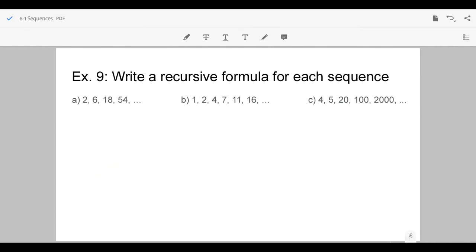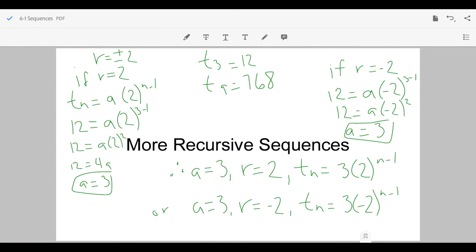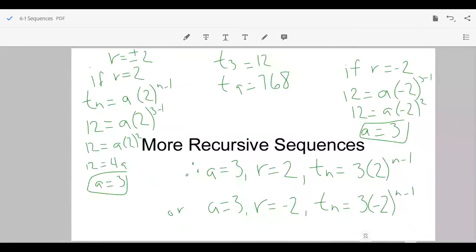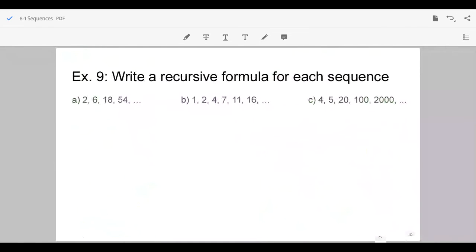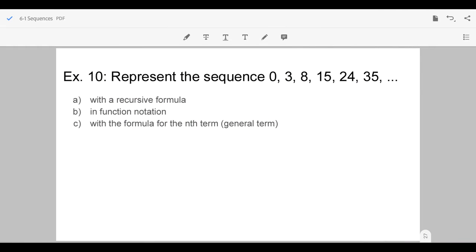All right. Apparently my numbering got a little messed up. Example 5, 6, 7, 9, 10. That's okay. This should actually be example